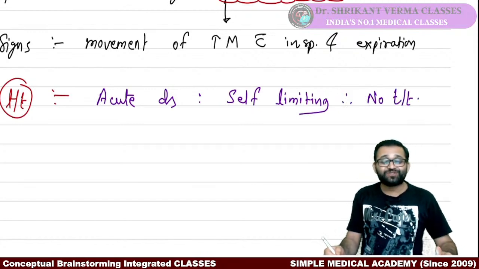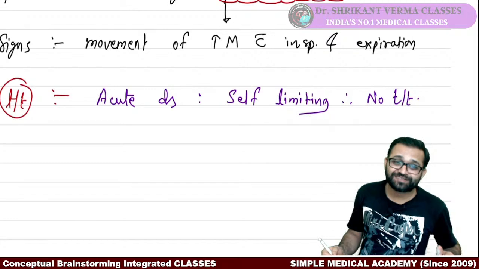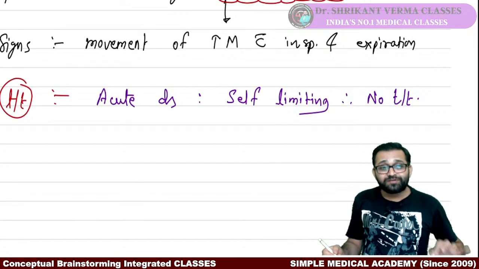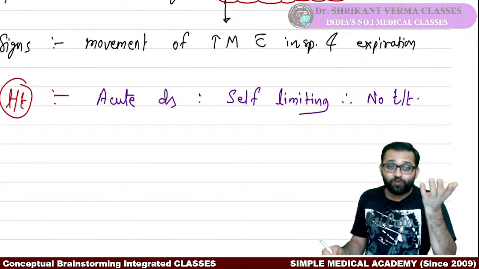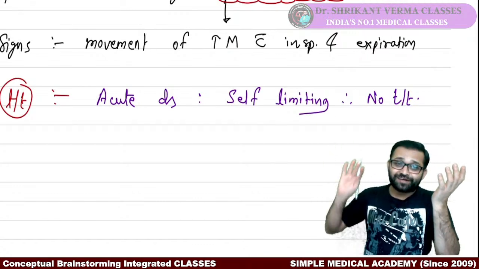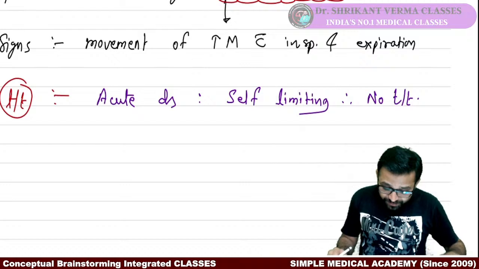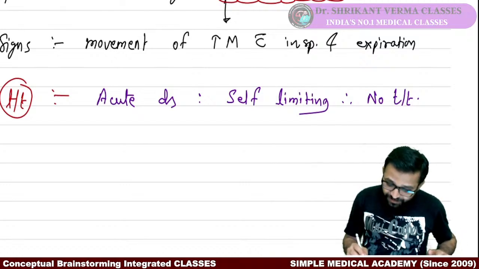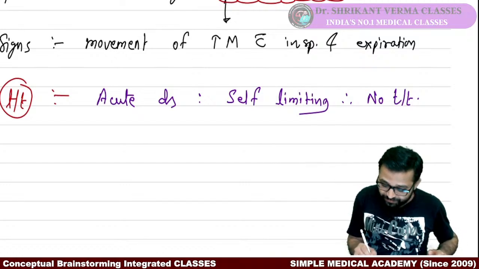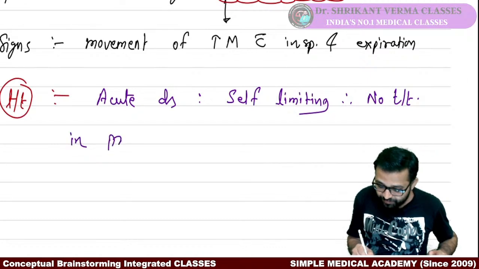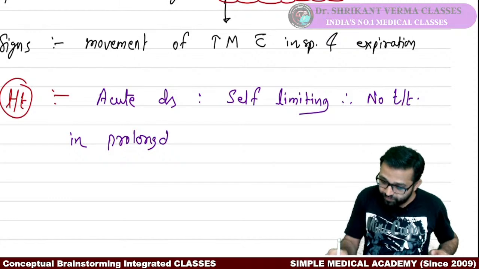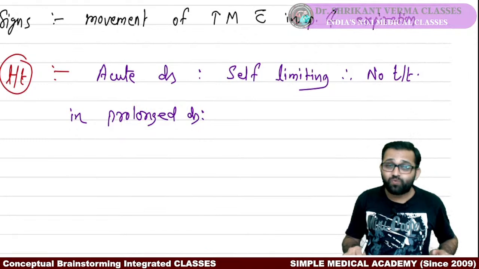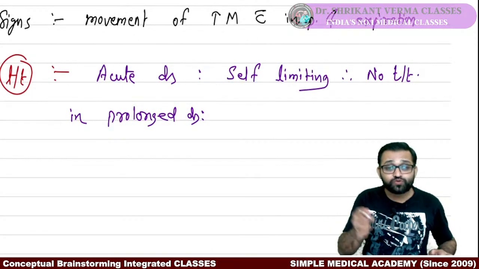Okay sir, this disease patulous Eustachian tube, if suddenly it is occurring due to any kind of problem, it is automatically corrected. Okay, fine. But if it is chronic,